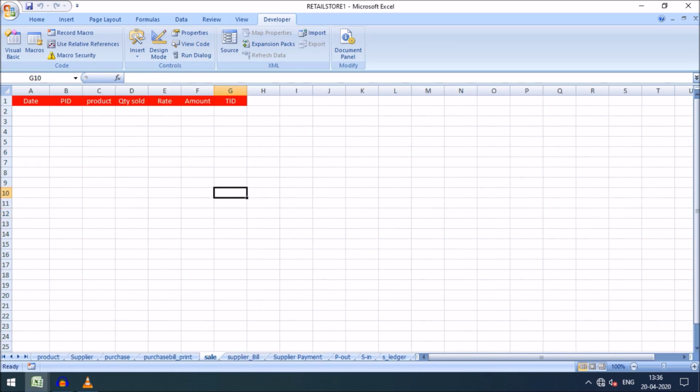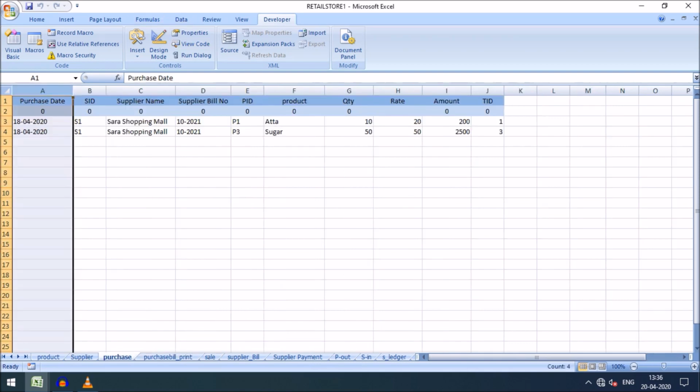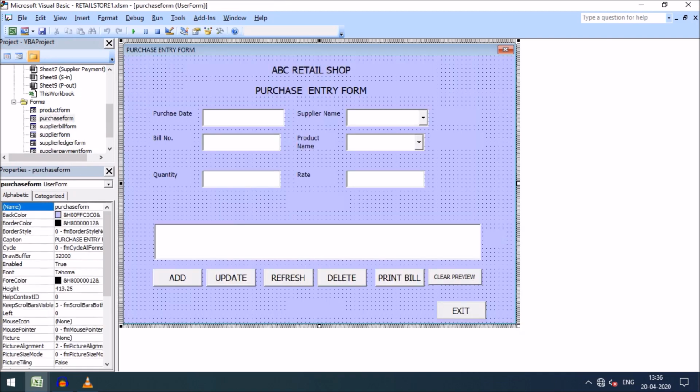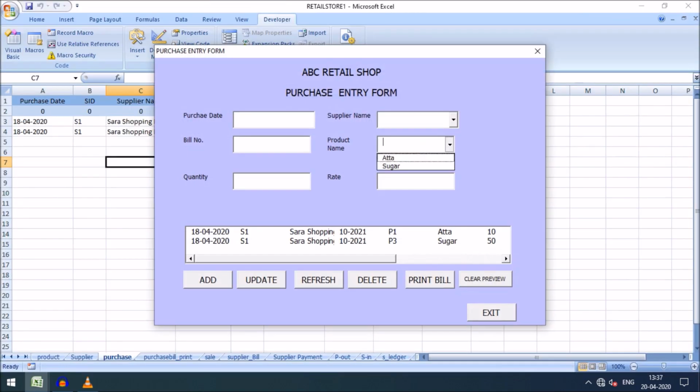I skipped this section because I want to write codes in my next video, for when I sell any item, the stock will decrease if an item is sold, and the stock will increase if an item is purchased. I showed you in my purchase section here. If I run this purchase form, go to the purchase form a little. If I select any product, you can see the total stock is being displayed beside the supplier product ID. So if I sell any item, the stock will be decreased.